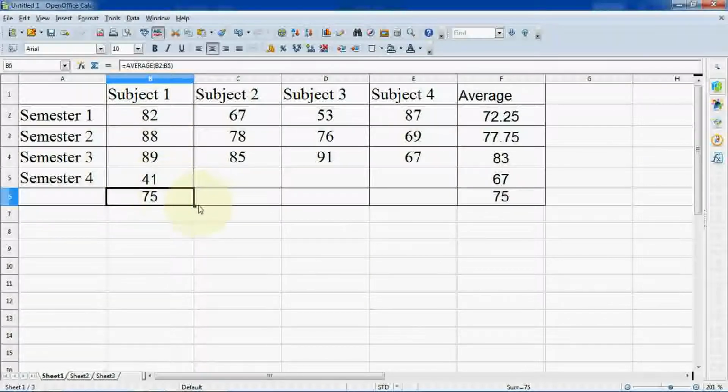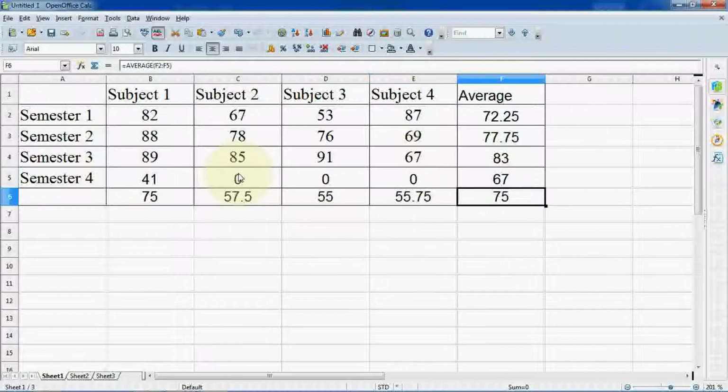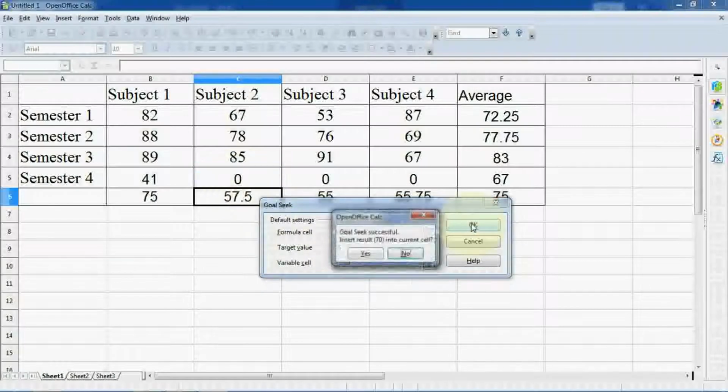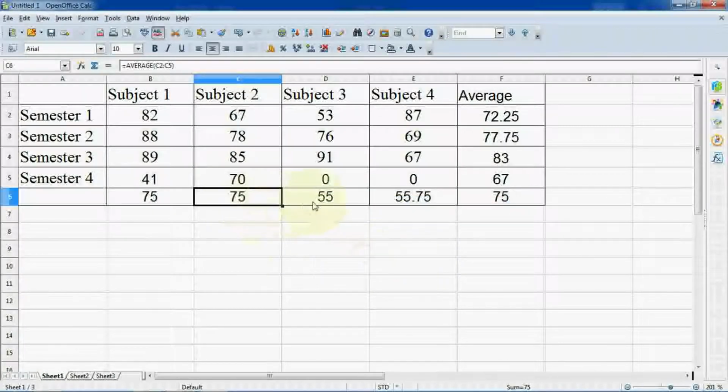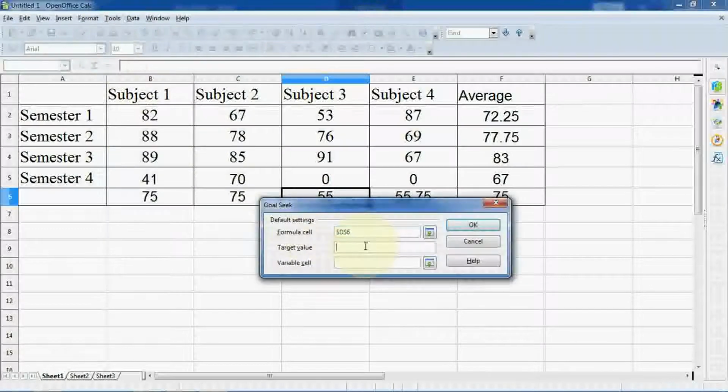Similarly, we can find out for all subjects separately. See here 0, 0, 0. First enter 0. Now the same steps, Tools, Goal Seek, target value that will be 75, variable cell will be this one. Okay. So here 70 is required. Similar way, Goal Seek, 75, variable.